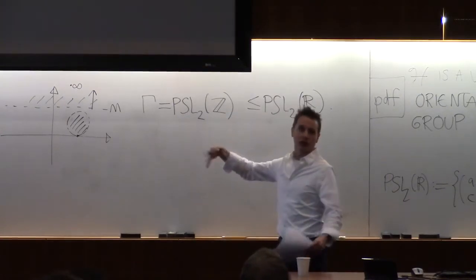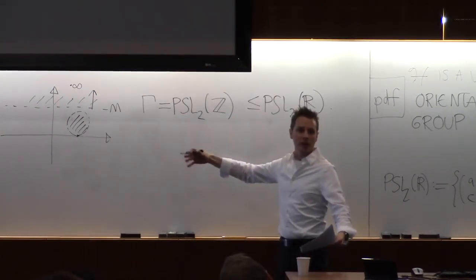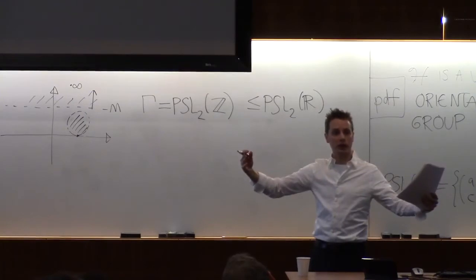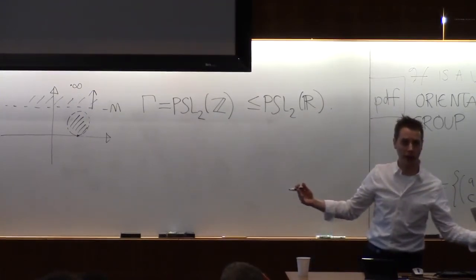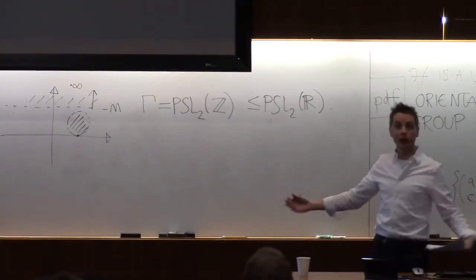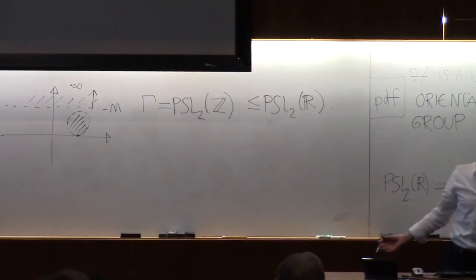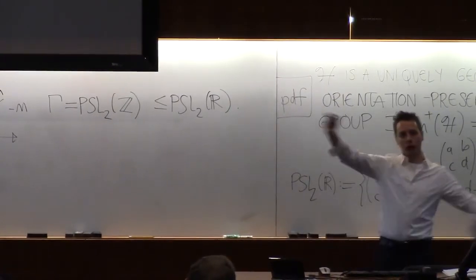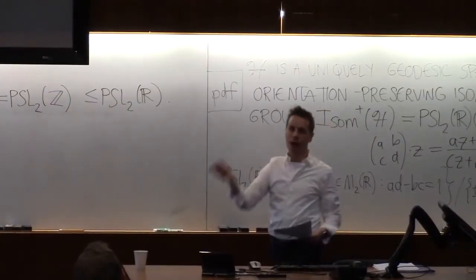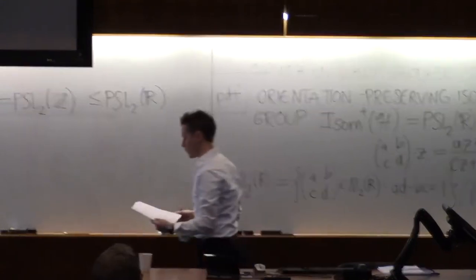If we just considered all of M2 of Z, that would be like the integers sitting inside the real numbers, four coordinates at a time. I can't visualize 4-dimensional space, but you can. If we restrict to matrices of determinant 1, it's still discrete. It's sitting inside some weird 3-dimensional thing inside a 4-dimensional space, and we're looking at the lattice points inside. So it's a nice discrete group.